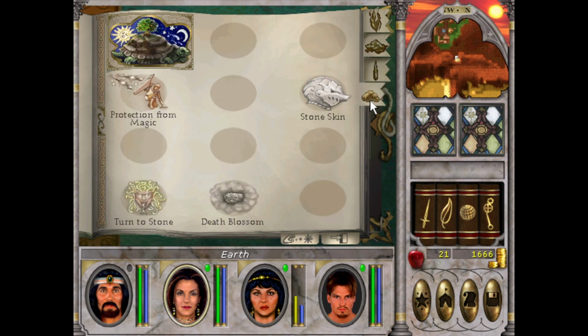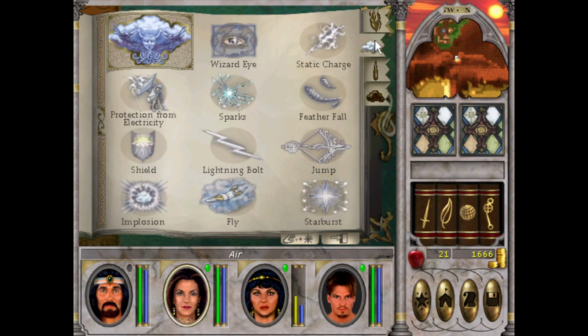Yeah, the earth magic. I don't often use it. Stone skin, turn to stone. It is just to petrify your enemies, not to do anything else to them. So jump and feather fall. They are used to move in dungeons at the beginning, because